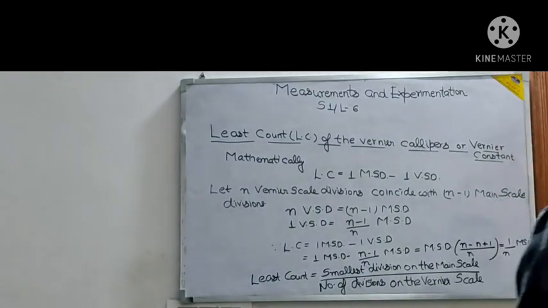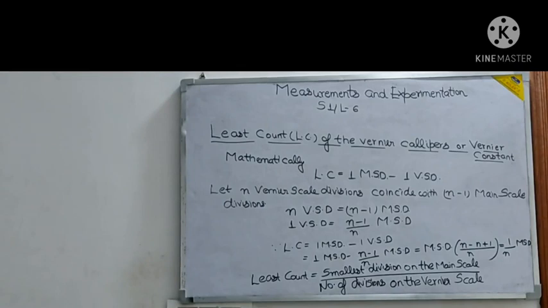Okay, that itself is the understanding part of it, and this only we will utilize for solving the numericals also. In the next unit, we will start with zero error and its correction. So what is zero error? In short, zero error is basically when the zero of the main scale and the zero of the vernier scale are not coinciding, a zero error occurs. More details to study in the next class.